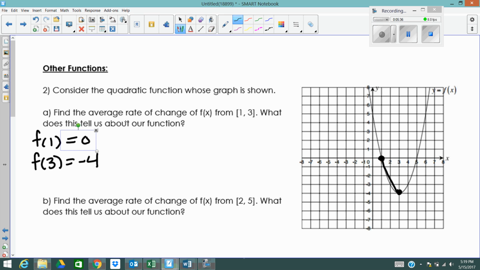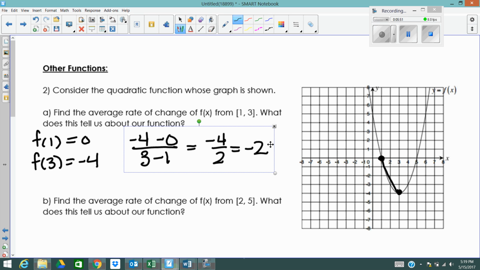So we go ahead, use our formula, f of 3 minus f of 1 over 3 minus 1, which is -4/2, which is -2. So the average rate of change over the interval from 1 to 3 is -2. What does that tell us about our function? It tells us that it's decreasing